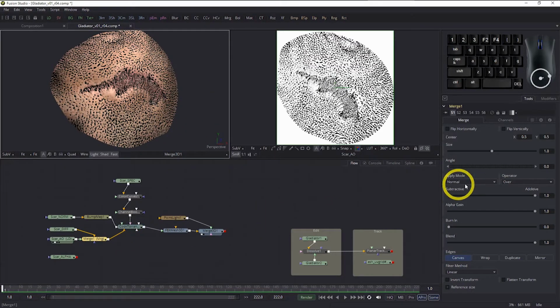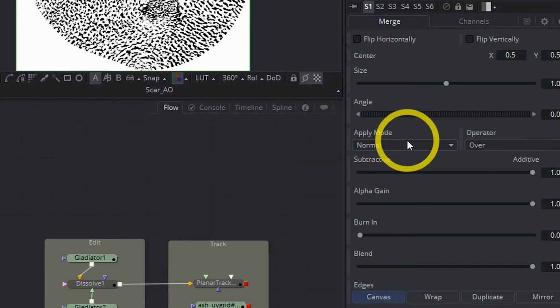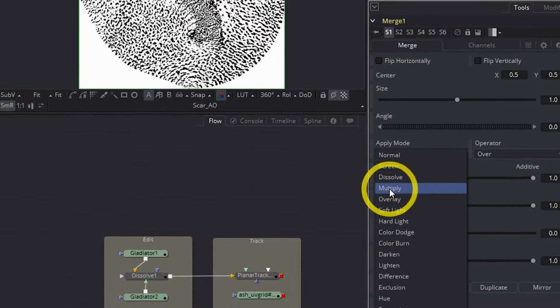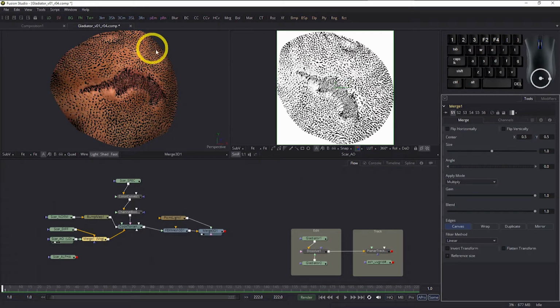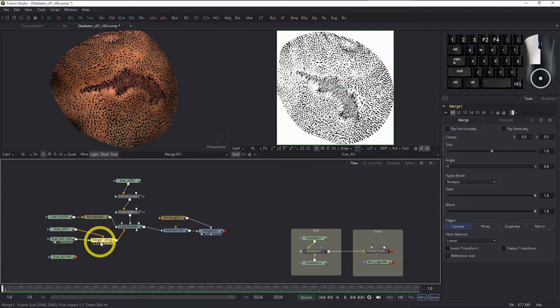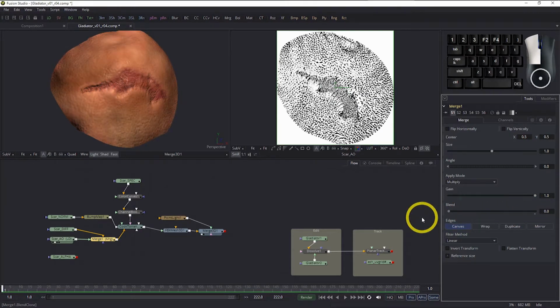But the merge node, as you know, has an apply mode, and it defaults to normal. But when it comes to ambient occlusion maps, the way you add them or merge them on is you multiply them with the previous input. So if we multiply now, you'll see all our original colours come back, and now we've just got the darker parts of the ambient occlusion map overlaid on top of our original colour information. And it's still heavy, but we can deal with that, because now all we need to do is go to the blend part of the blend controls in the merge node, and we can dial it in and out. So that's none whatsoever. And then we can just bring it in to a level where we think